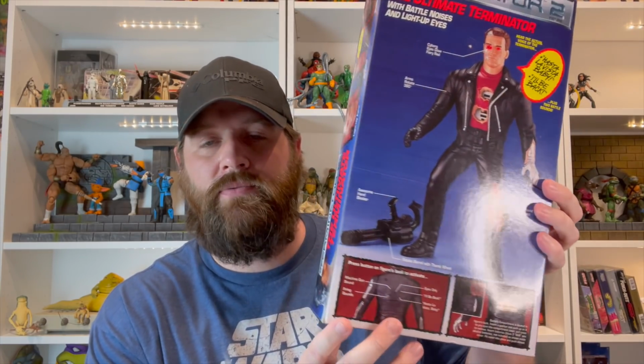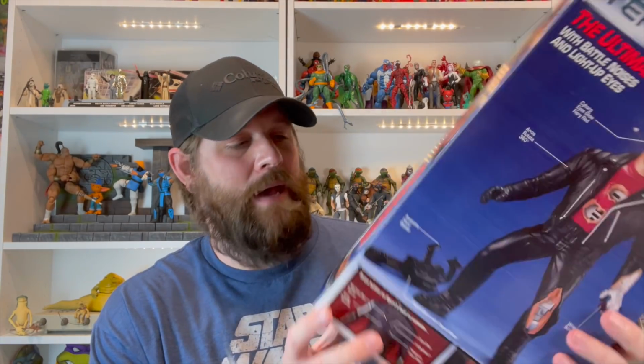Guys, this is in a box that is basically mint condition. I mean, it is mint condition. I had this figure as a kid and absolutely loved it. But this box is literally in perfect condition. I don't know that it could get any better condition than this one is if you were to buy it off the shelf back in